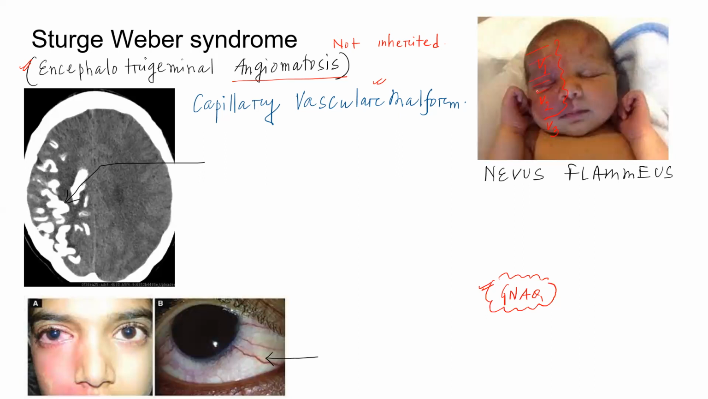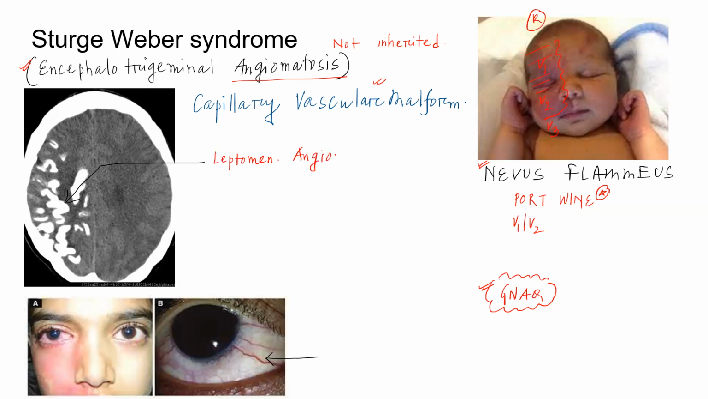This is otherwise known as nevus flammeus, also described as port-wine stain. So port-wine stain is seen in Sturge-Weber syndrome, and it affects the V1 and V2 area of the trigeminal nerve. On the same side, so if this patient has the port-wine stain on the right side, the same side of the brain will also have leptomeningeal angiomatosis